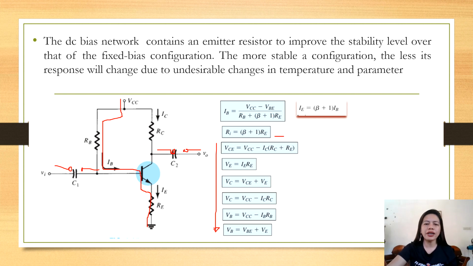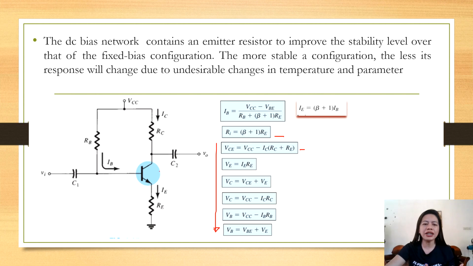So this is something, the RI, this is also a standard formula. You need to memorize this one, but this is not usually used in our equation. The other thing is the VCE, which I guess there's no need to dig into more because this is just looping. The only thing here is that the RE is added, and the capacitors here are still open circuit. All right, so here we go.